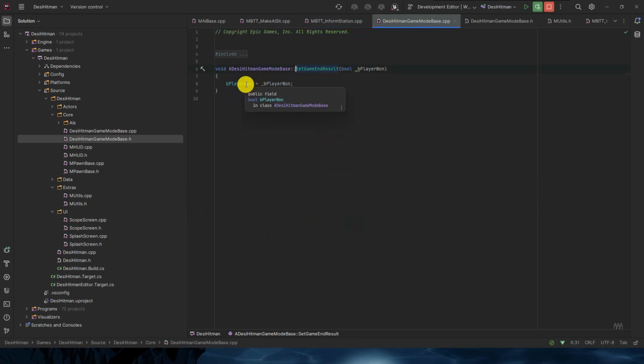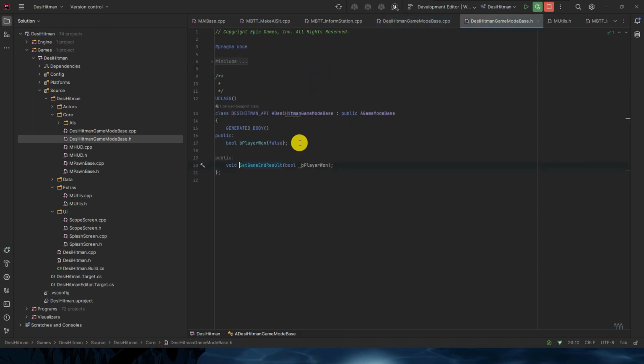And I will create one more variable actually. As soon as we have set the game mode, in private, bool bGameRunning. By default it will be true.